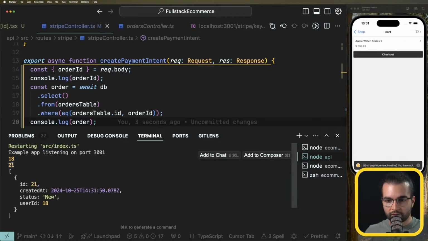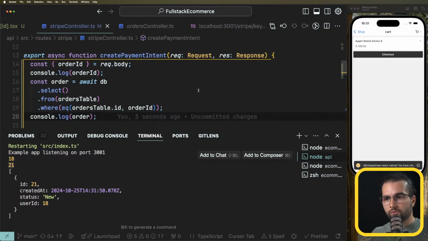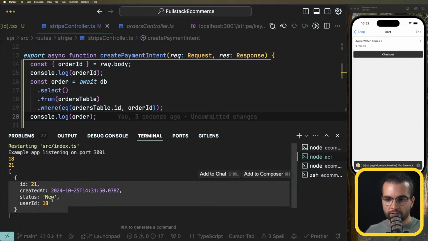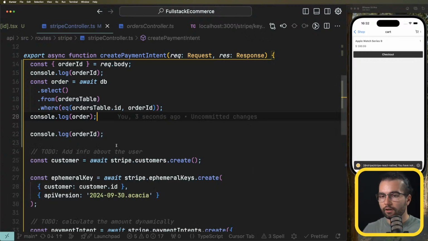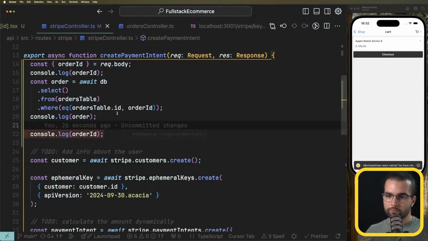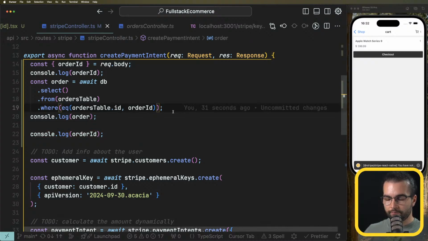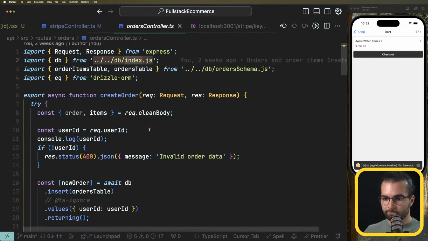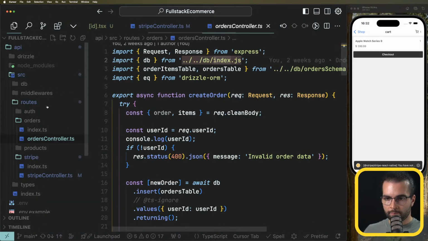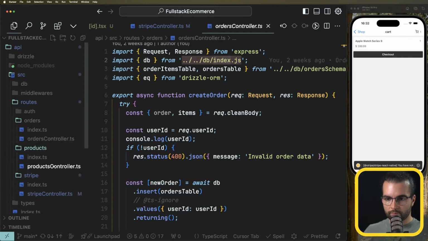So now let's see again if I do that. 18. Where is 21 coming from? Where is 18 coming from? I don't know. But at least there is 21. And we have the order 21. Well, in fact, we don't need the... Well, we need the order. But more importantly than the order,